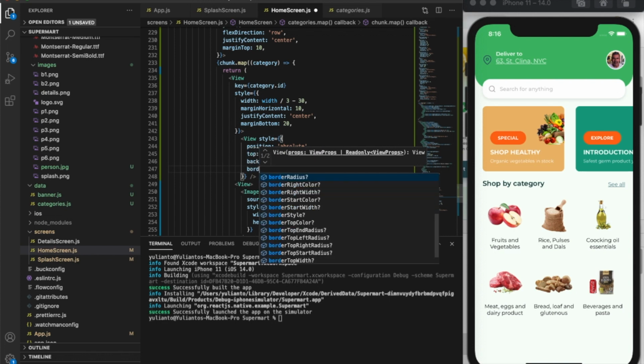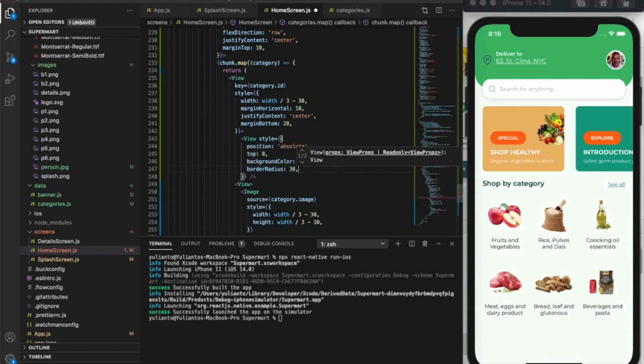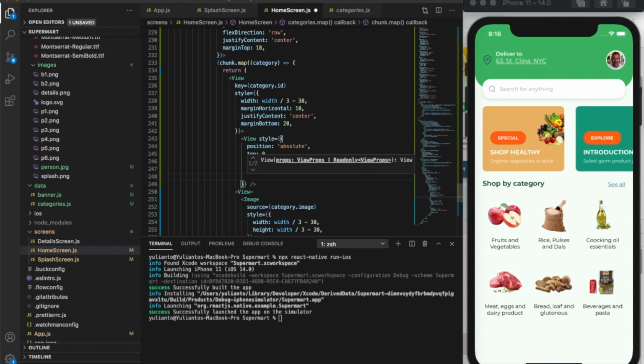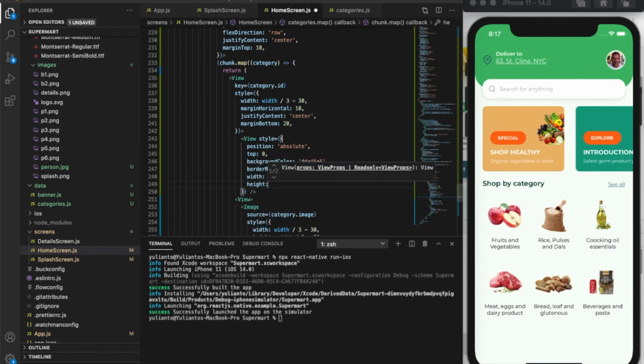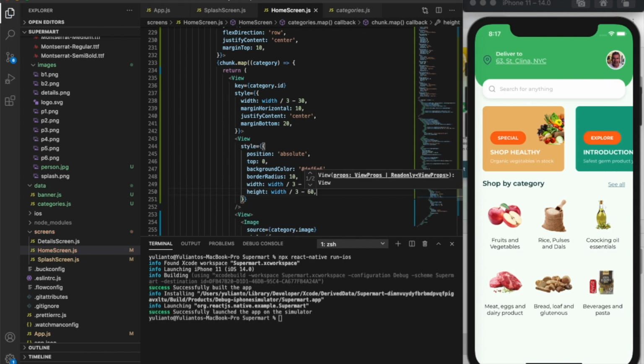And border radius is 30. And the width is width divided by 3 minus 30, and height is width divided by 3 also, minus 60. Okay,